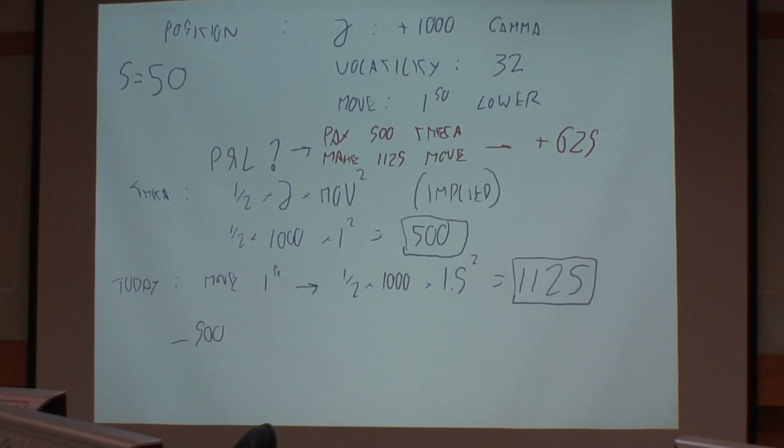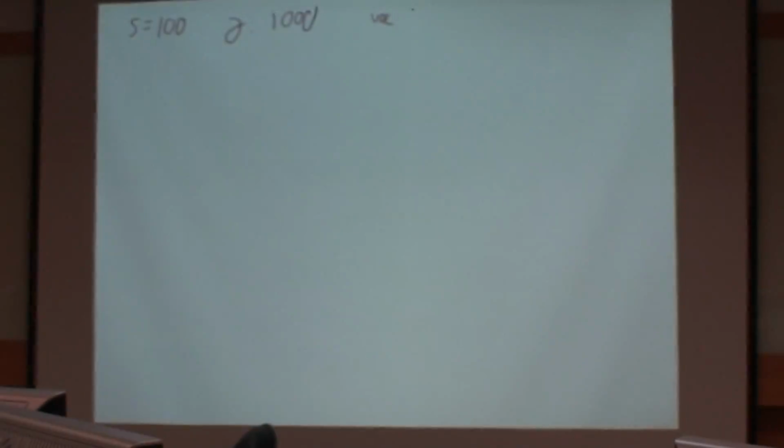So there's usually two components. Now we can add a third component. Let's do one more and then I'll ask for a volunteer. So, share price is 100. Gamma, I'm long 1,000. Volatility is 32. My vega is 1,500. And what